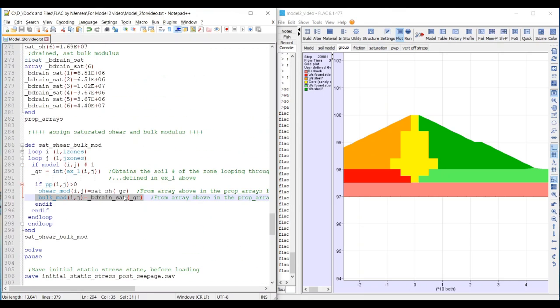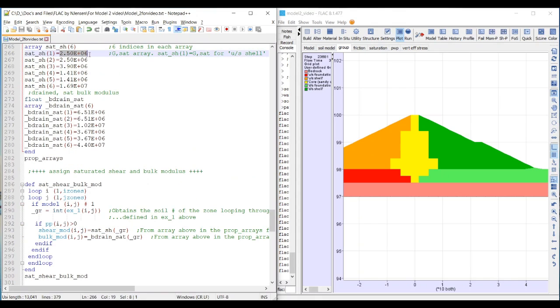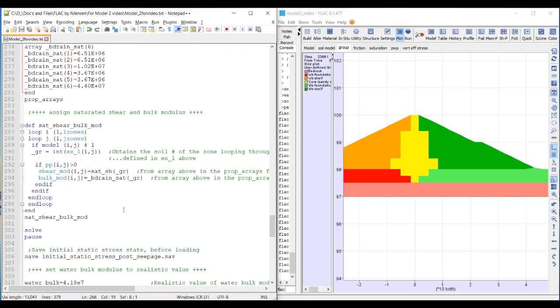And so you grab the group number for each element, and this group here, let's say you're in the upstream shell, is 1, so it's going to say the shear modulus of any element underneath the phreatic in this shell is going to get a sat shear. It's going to get the number associated with the array, so sat shear, and then this will be 1, and we know that sat shear 1 is 2.5. So that's a pretty bad explanation of what's happening, but that's what's happening, and then we end our ifs and